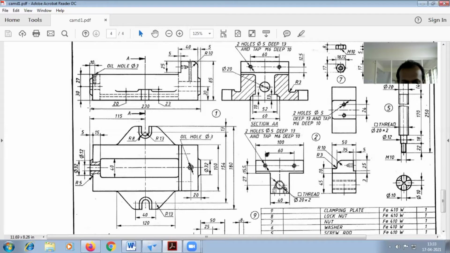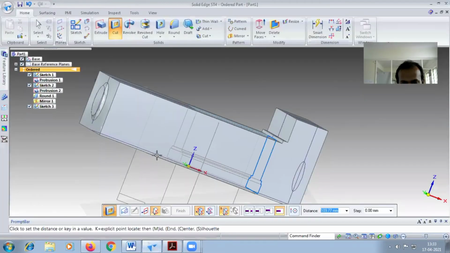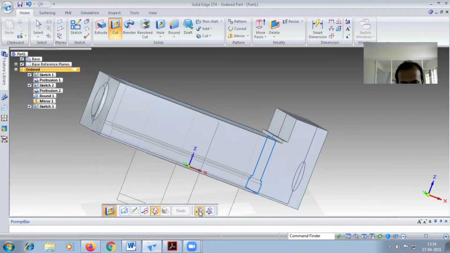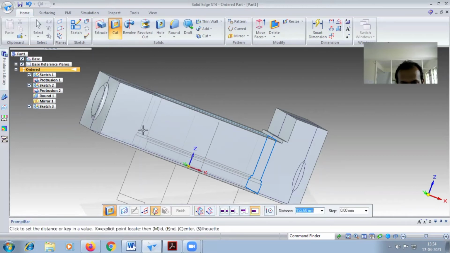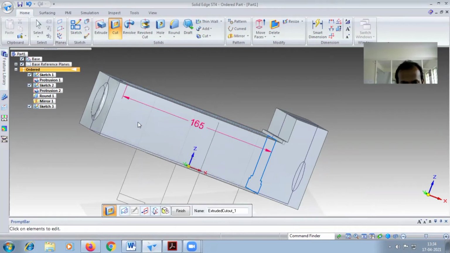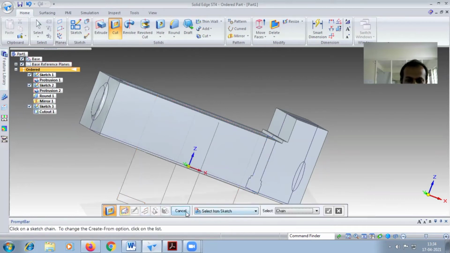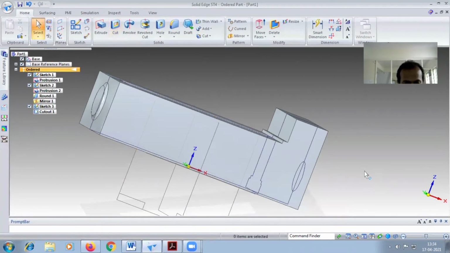Okay, you can look at the top view. Top view, what is given? 220 minus 40. Where you drew the sketch, that is 40 distance from the right side. From there you have to subtract again. From the left end it is given 15. You can look at the top view. 15 is given. So totally 180 minus 15 means 165. Directly you can give it. Otherwise you can give 180 minus 15. Okay, that is 165. Okay, this completes the cut portion at the center of the block, right?